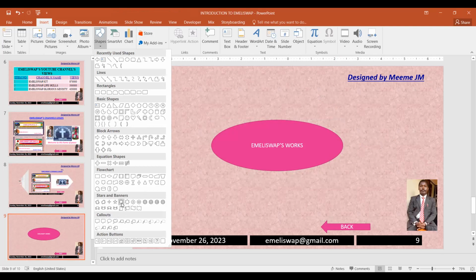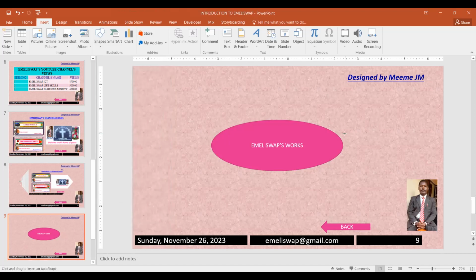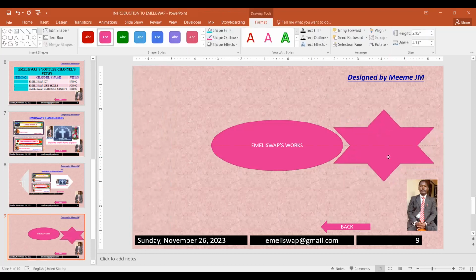So I'll select this one. I can click on it, and then I can press my mouse button and drag the size that I want. Then I can position it there. And then I can type inside here,